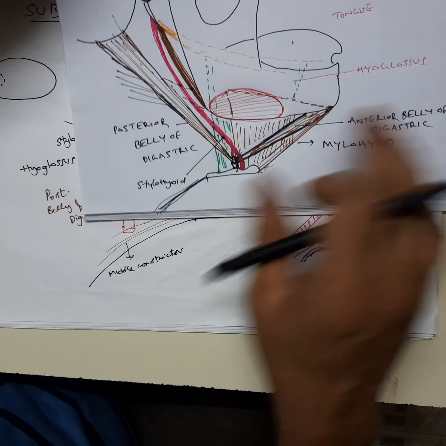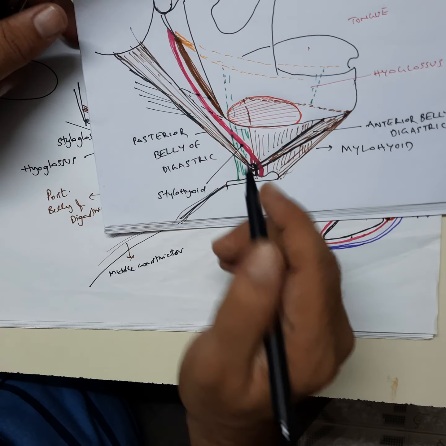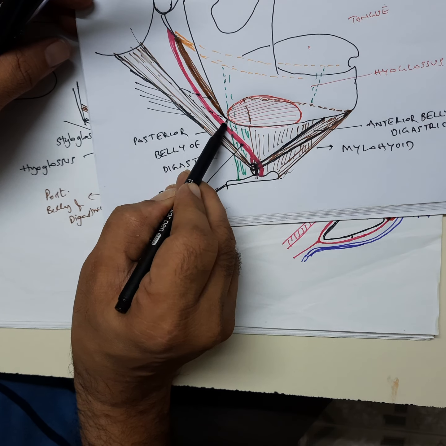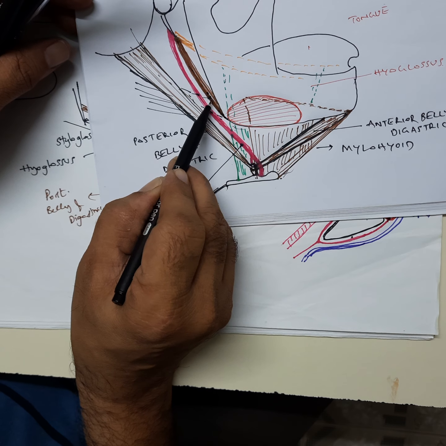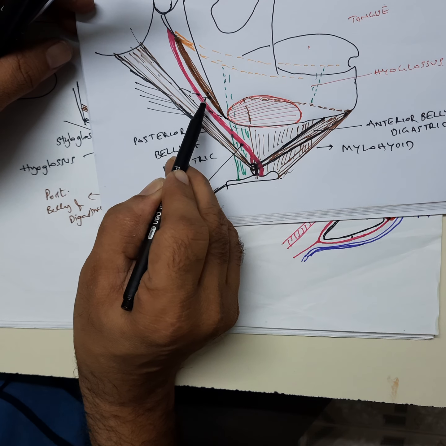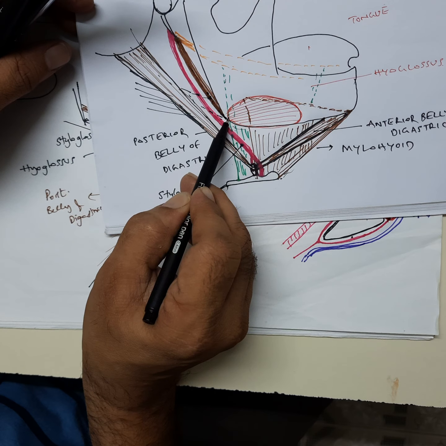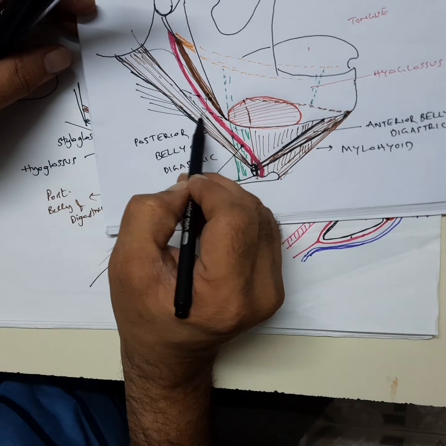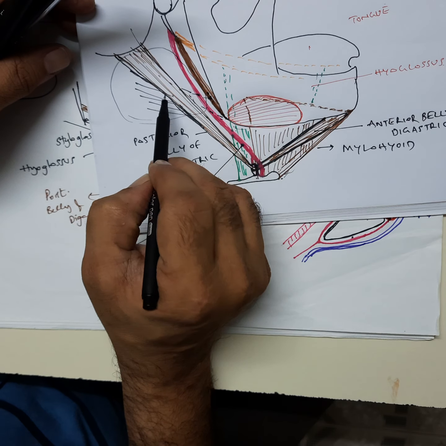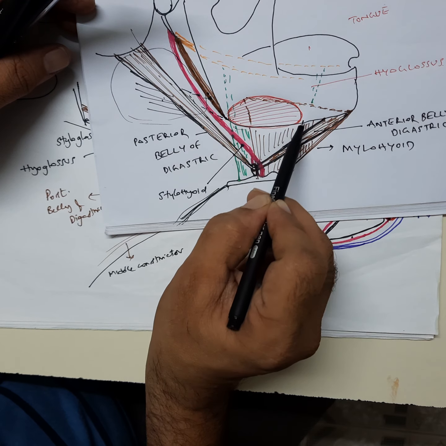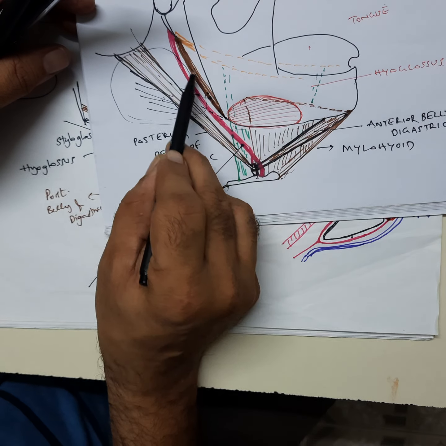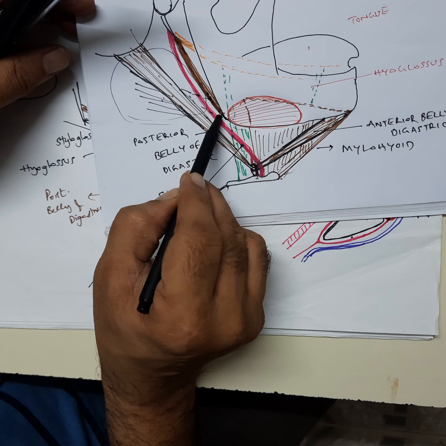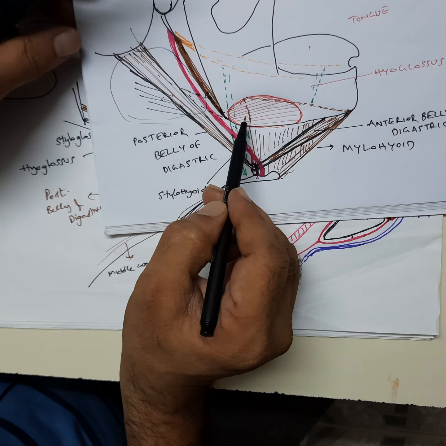If you see in this diagram, from the styloid process, this brown colored one to the angle of the mandible is the stylomandibular ligament. This ligament separates the posterior border of this gland from the parotid gland, which is present here. So, this is the place for the parotid gland and this is the submandibular gland. The stylomandibular ligament is there, separating this gland.